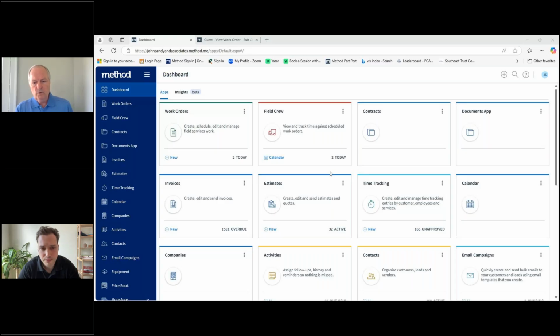One is just with a work order. Most service companies have a work order as a part of their workflow. But even if you don't have a work order, you can tell how we've been able to manipulate it, if you will, customize it to fit different needs. And what we're going to show you is a very basic level of creating a work order. We're going to modify that just a little bit to show you what I'll call a tier two level of that,